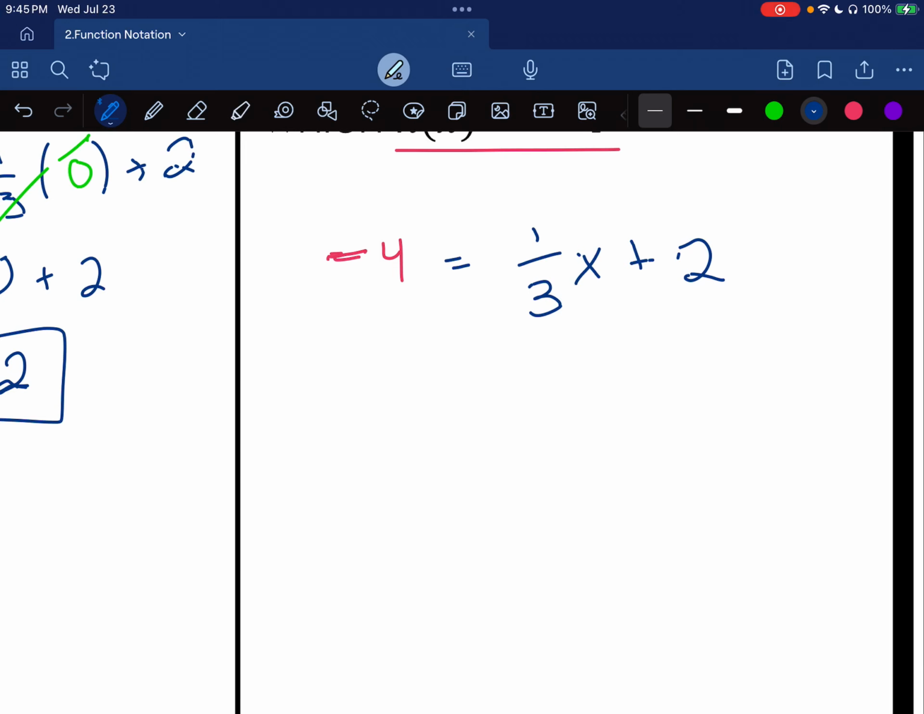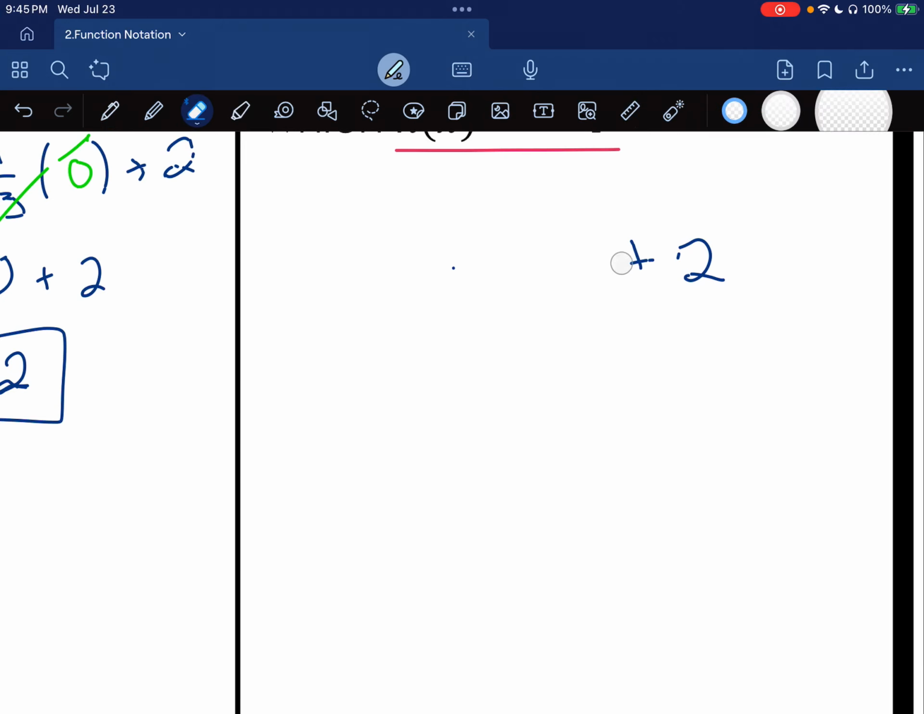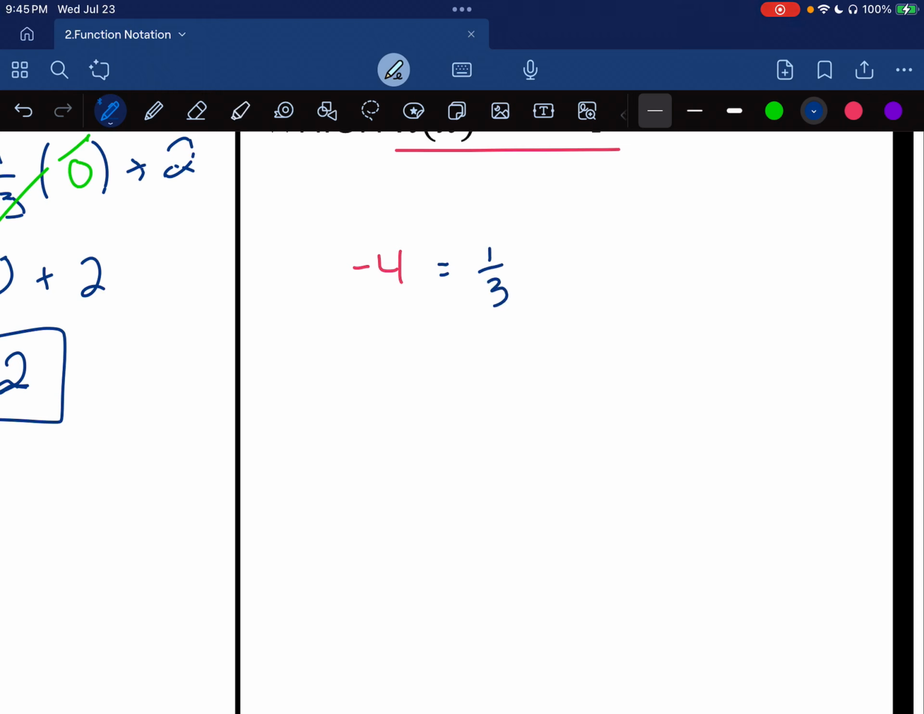All right, so it was -4 is equal to 1/3 x plus 2. We're going to start by subtracting 2 from both sides. We have -6 is equal to 1/3 x. And then we'll multiply both sides by 3 to get x alone. And we'll have -18 is equal to